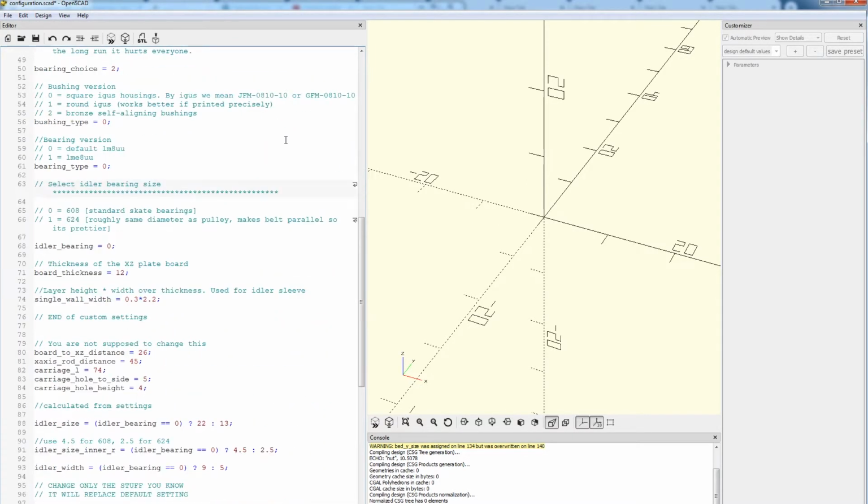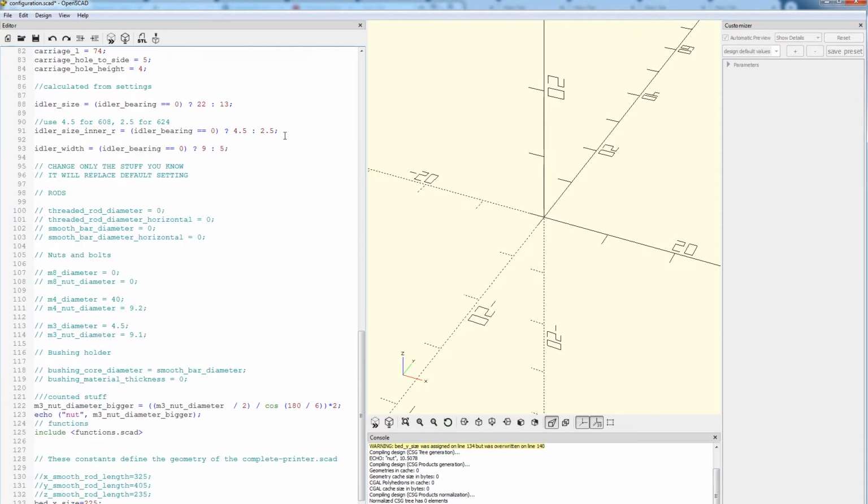So for my needs, we need to modify the M3 and the M4 settings parameters. These settings are normally 0. I have already made my changes to them, and we can uncomment them now. Basically, the M4 diameter is the spring-loaded screw that we're going to use for tension on the idler. The M3 diameter and the M3 nut diameter is going to be what's used for the pivot pin